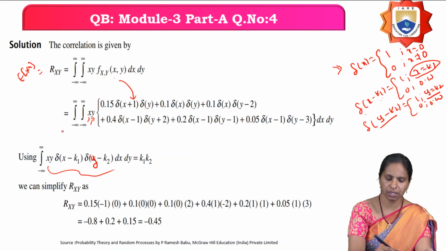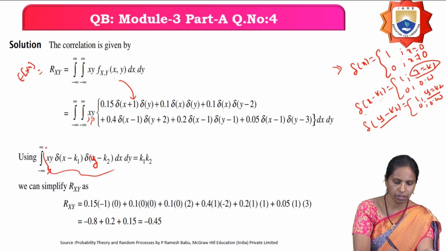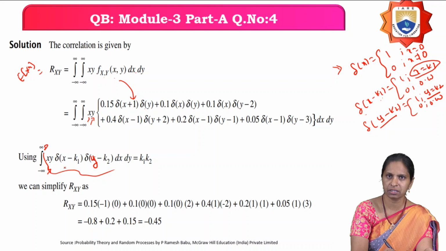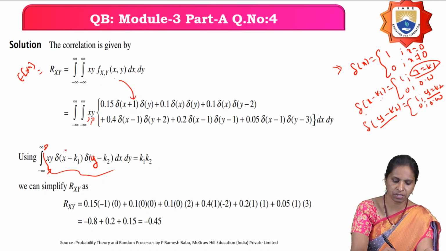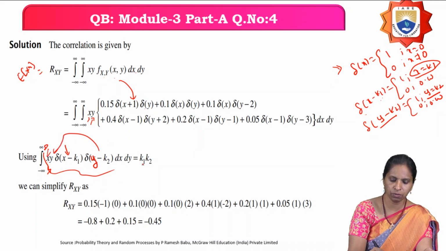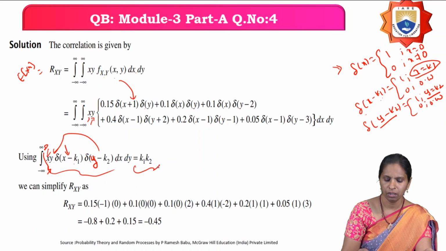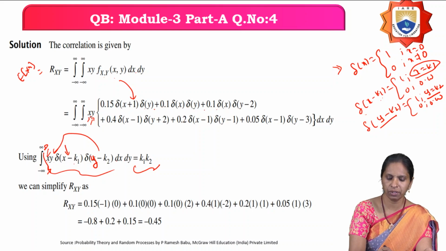Therefore, the integral from minus infinity to infinity of xy into del of x minus k1 into del of y minus k2 is defined only at x equals k1 and y equals k2. Therefore, it is k1 into k2 into 1 into 1. For the remaining values of x it is 0, so the value here is k1 into k2. Next, you multiply this out: xy into 0.15 del of x plus 1 into del of y, plus xy into 0.1 del of x into del of y, plus 0.1 xy into del of